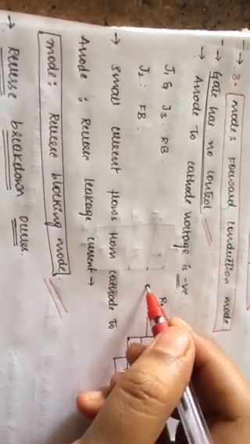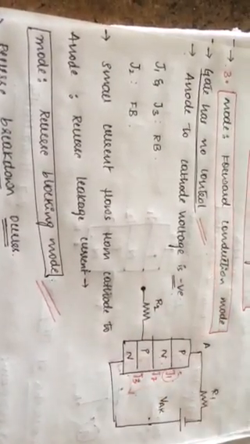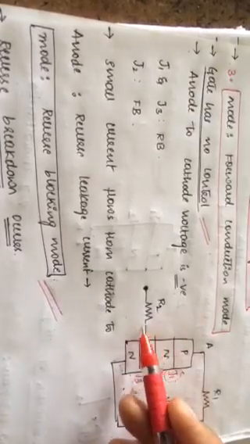Now, does the gate have any control? Do I need to apply gate biasing? No. Once the SCR is turned on, as I told earlier, the gate has no control. Even though you apply a positive pulse, even though you apply a negative pulse, even though you remove the gate terminal, the gate has no control over it. Now, how is the characteristic curve going to look? We'll see the characteristic curve.